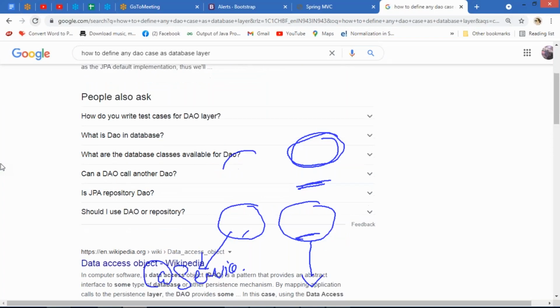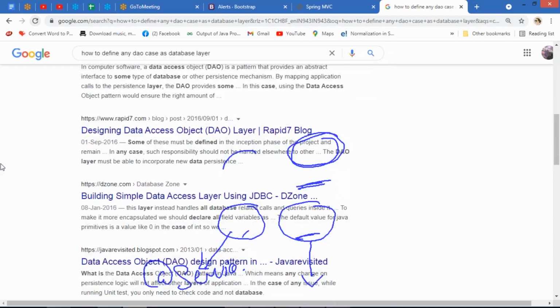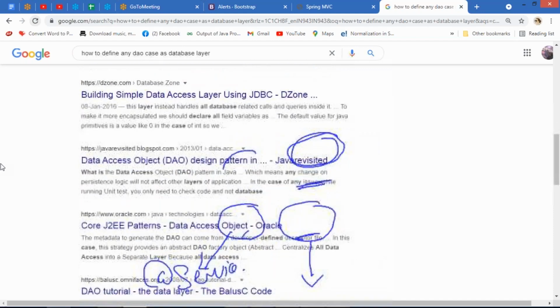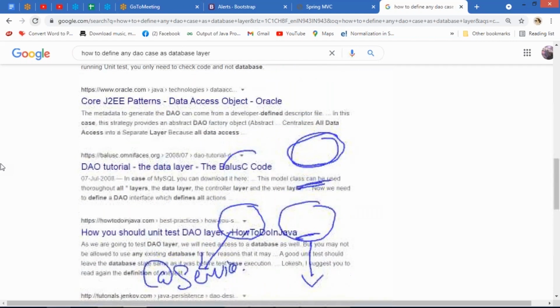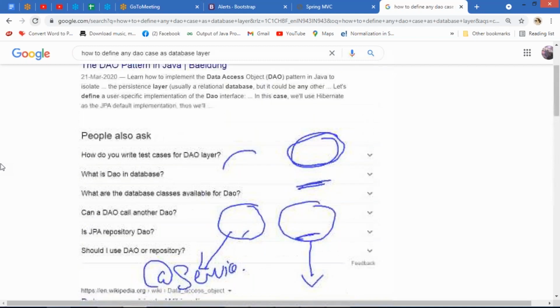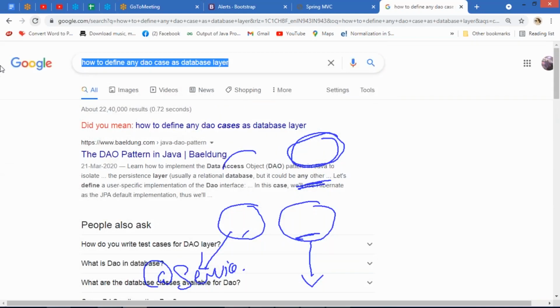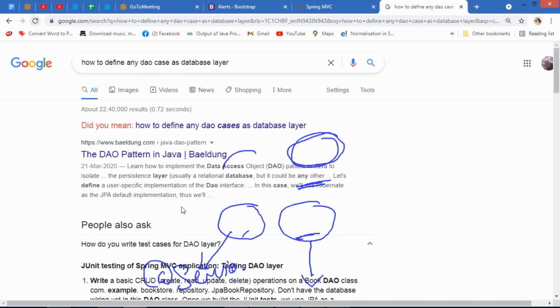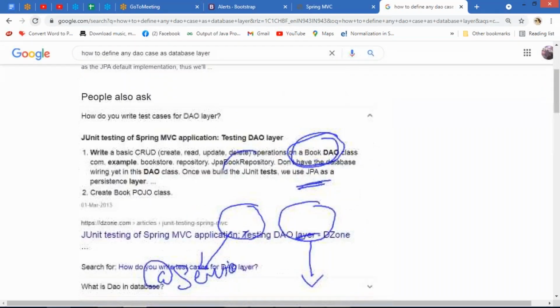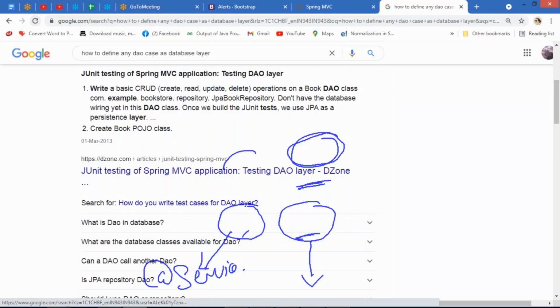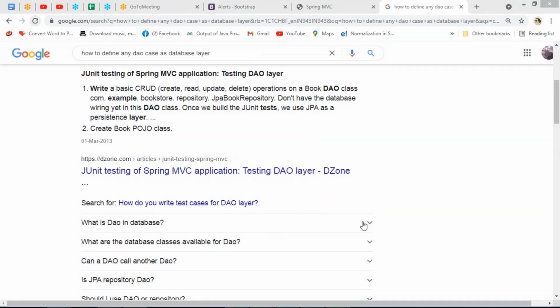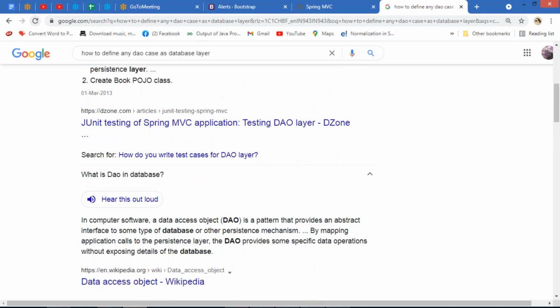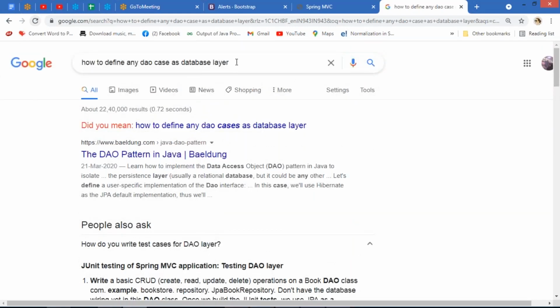Okay, let me search. We'll get something. Can we make use of? Everything is fine. We have to use one annotation, guys. That's it, I guess so. The name of the annotation should be